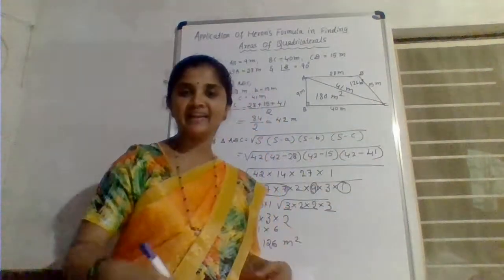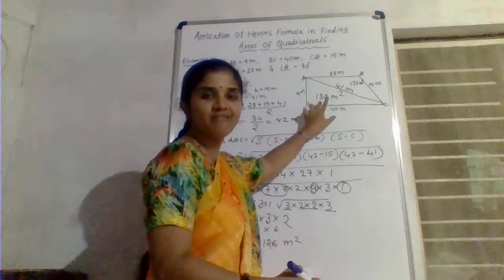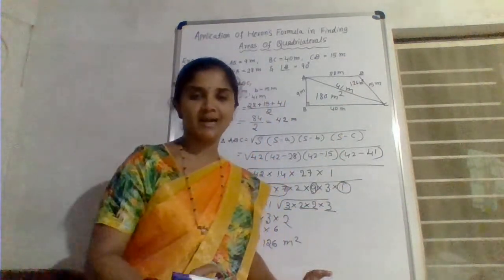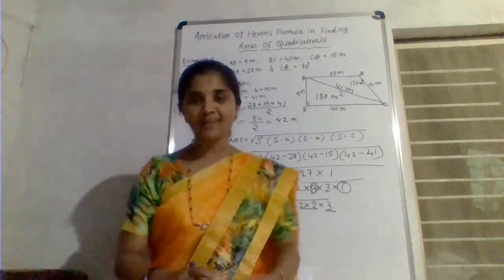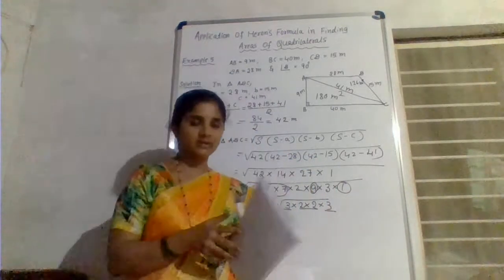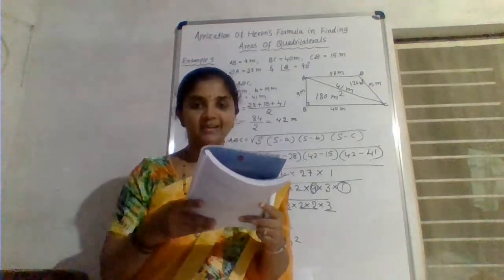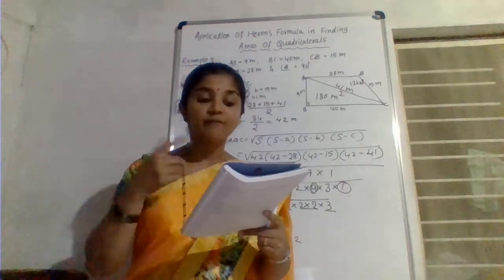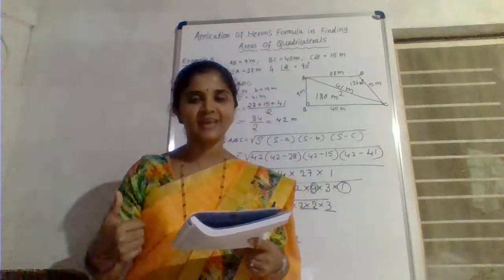Which group cleaned more area? So that you can see, this group members, they have cleaned more area, 180, then here 126. You can compare that one. Okay, so 180 and 126. What did they ask actually in the question? They have asked, find the total area cleaned by the students. One more line is there: which group cleaned more area and by how much, also they have asked.